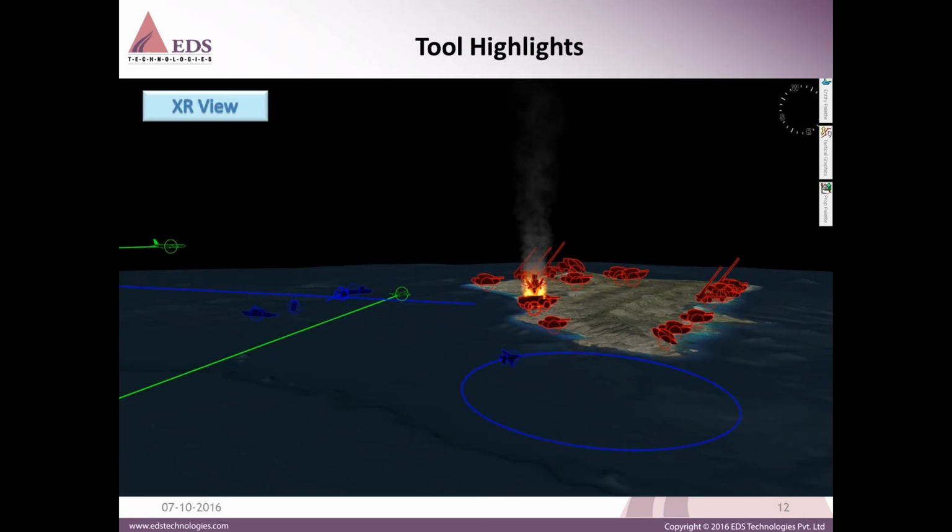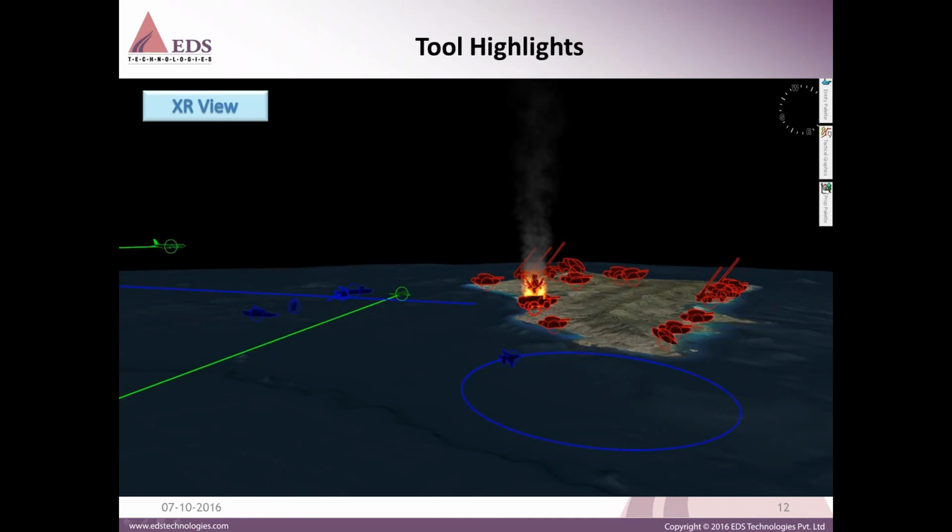So to know that, you can switch to the exaggerated view. It will scale the size with zoom in and zoom out. So you can easily see your simulated objects at a greater distance. That feature I'll show you in the tool demo while presenting.